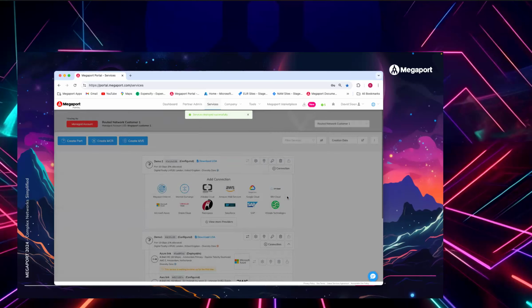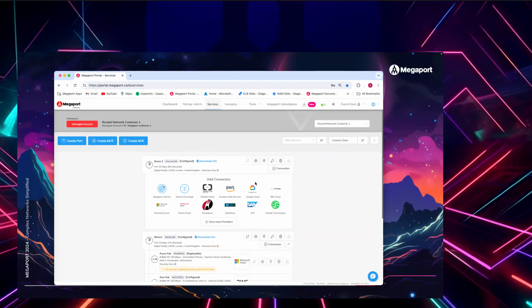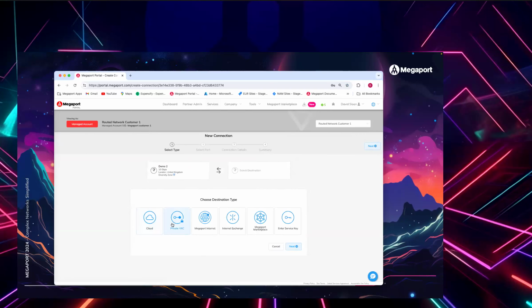It's just taking a few seconds. Okay, so that's now going to go into Azure, and then we would use our connection to connect that into a VNet gateway, and then we're up and running. Right, the next thing we're going to do is create a connection from here using a private